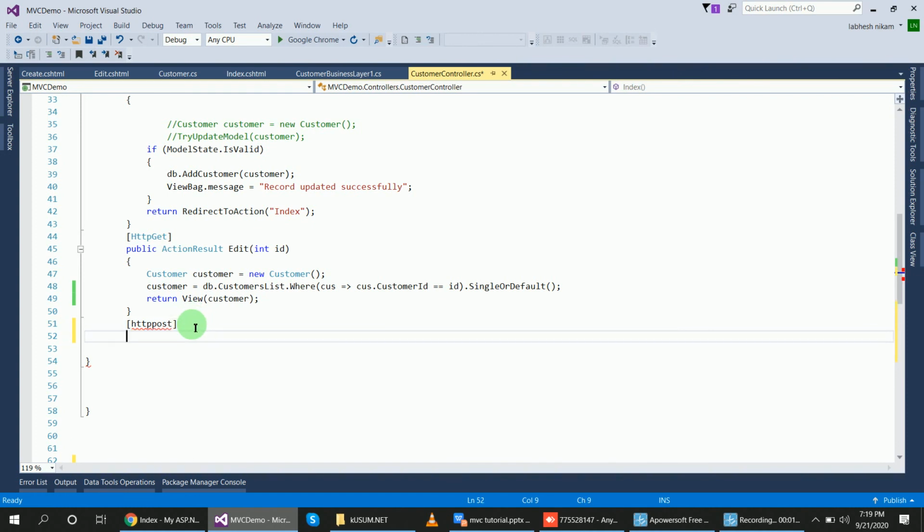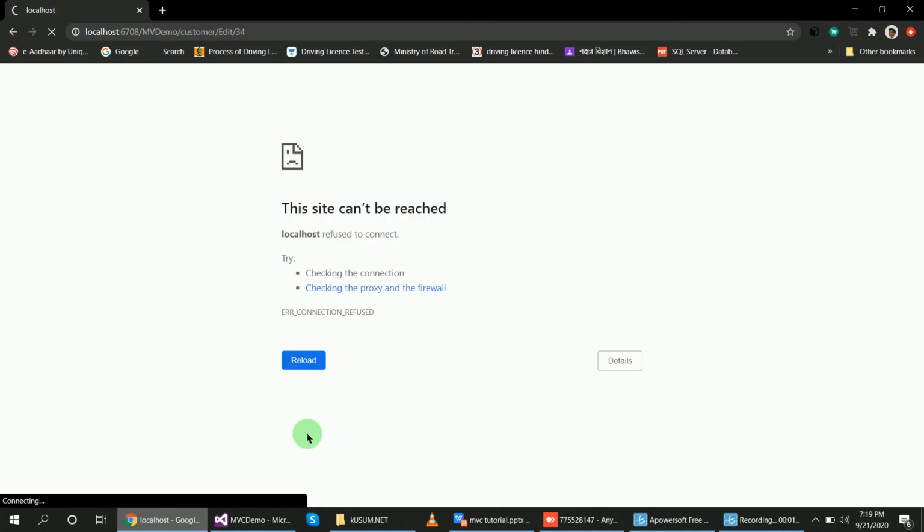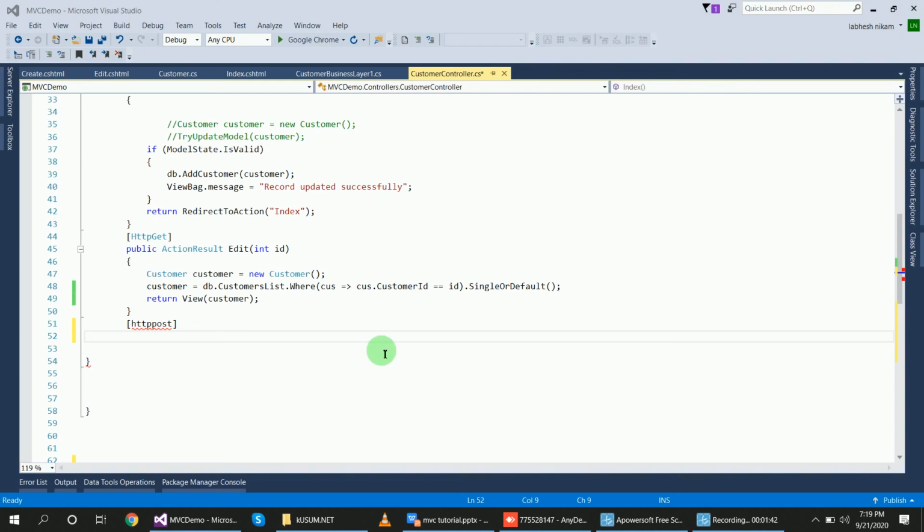In the last session I was explaining how to edit data in the remaining fields leaving a single field, so that all the fields can be updated and only the name property will not be updated, because I was making that name property read only.